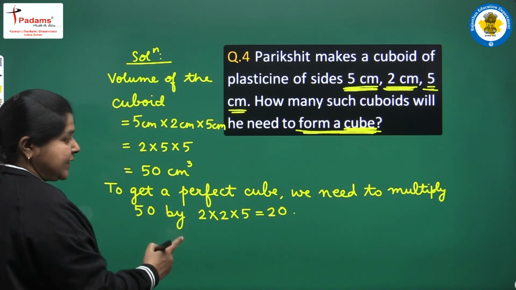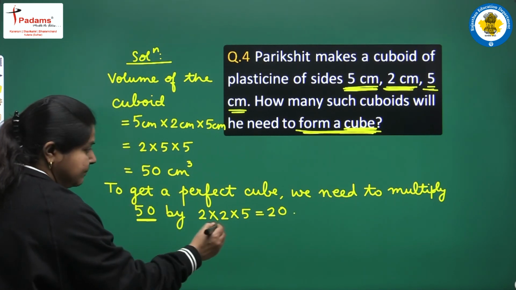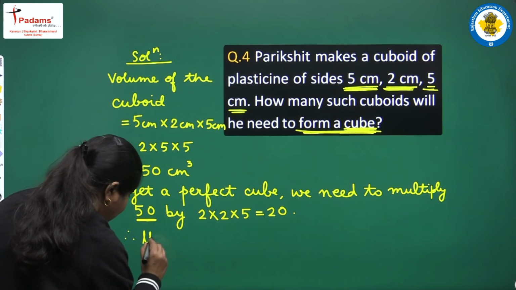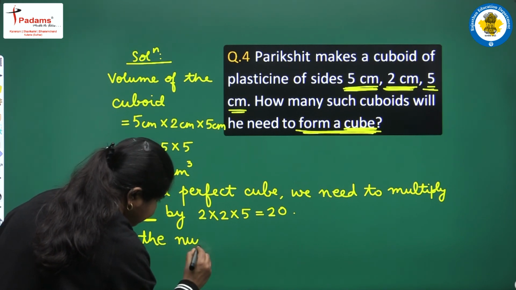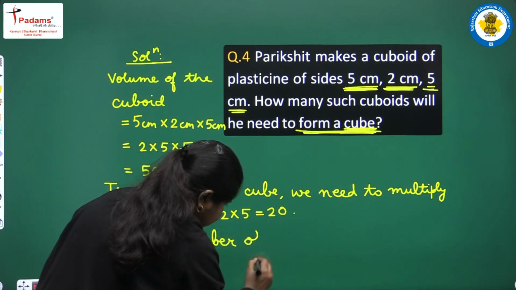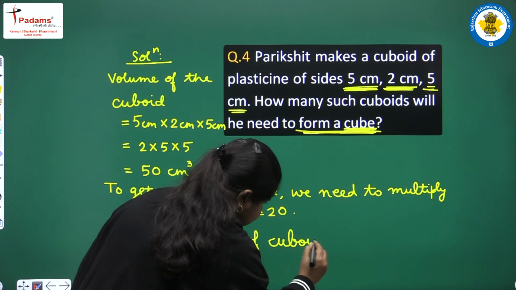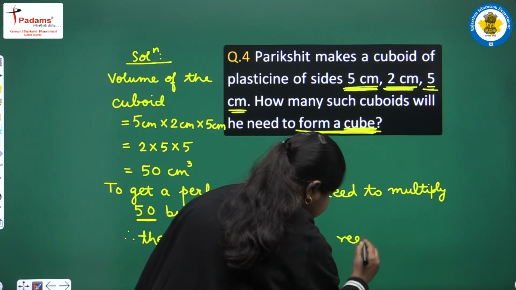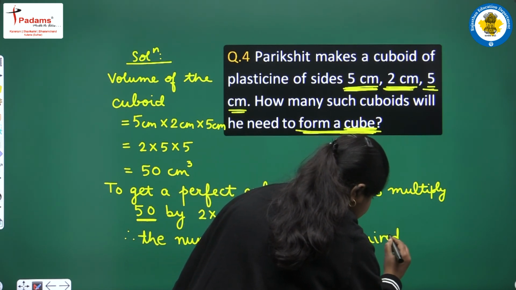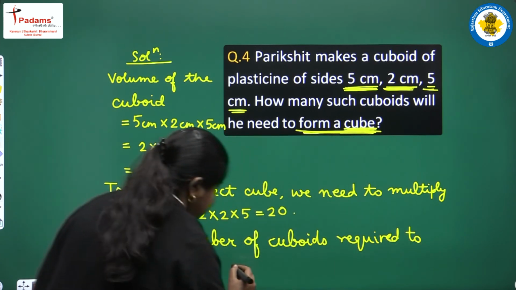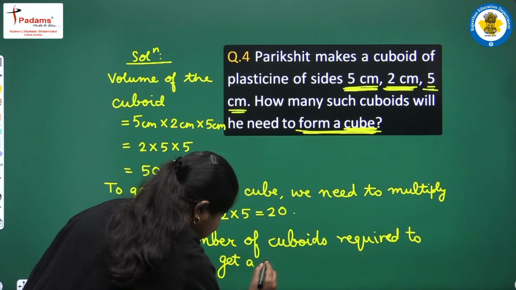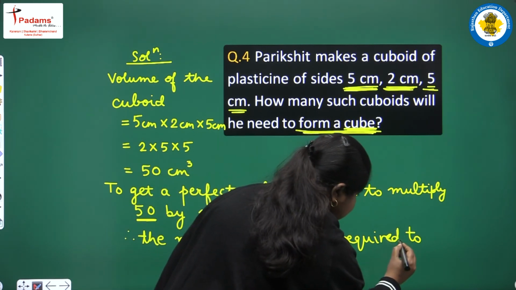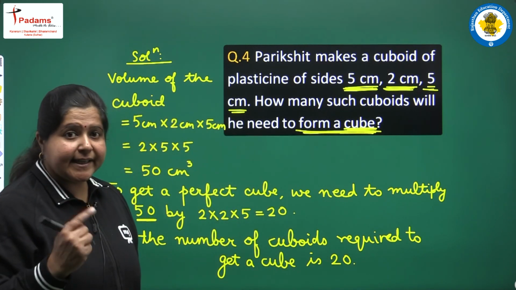So to get a perfect cube we need to multiply this number 50 by 20, and so the number of cuboids required to get a cube is 20. देखिए आप हमसे यही तो पूछा है कि कितने क्यूबॉइड्स लिए जाएं जिससे कि एक परफेक्ट क्यूब बन